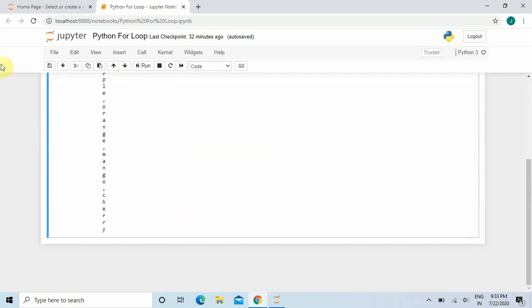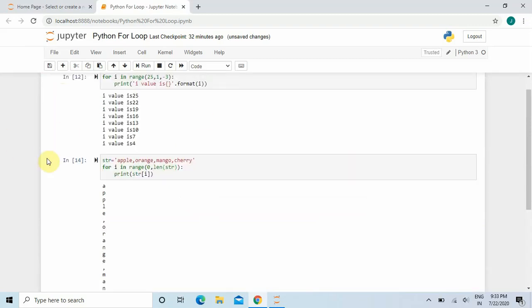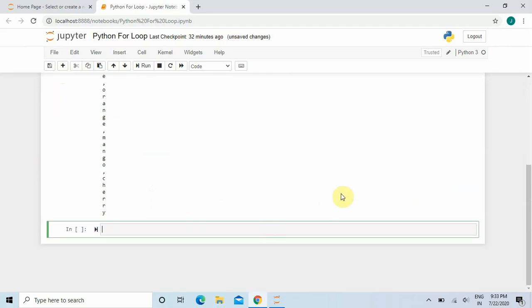Now let me add another cell. Okay, now suppose I want to work with some numbers. Now how is the for loop applied to numbers, like a number string?